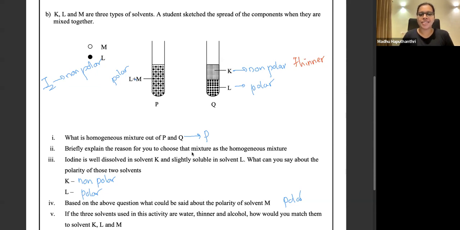All right. The entire answer I received. Very correct. So then, if you think about thinner and this other layer, L, now we have water and alcohol. Out of water and alcohol, water is more polar than alcohol. So then we better assign water here. Then M is going to be alcohol. Alcohol is organic, but it has a polarity.